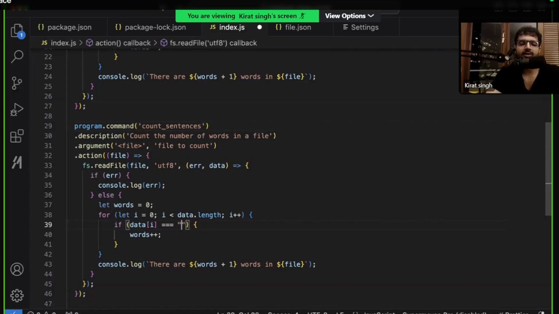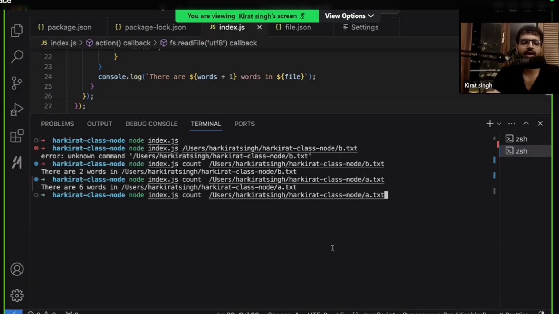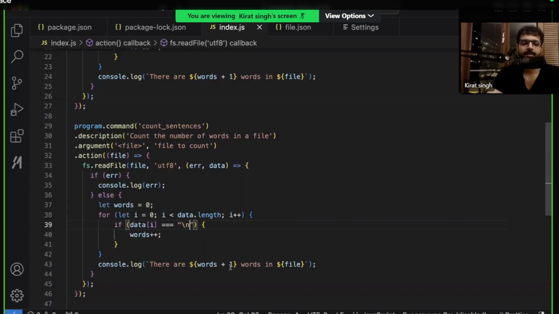And here, as I told you, if you replace this with a /n, that will count the number of sentences. Why? We can discuss what this /n is, and if you count the number of /n's, that will be the number of lines in your file. But now if I run node index.js count, it gives me the count of the words. Sentences.